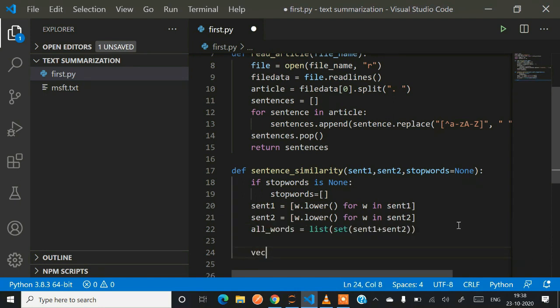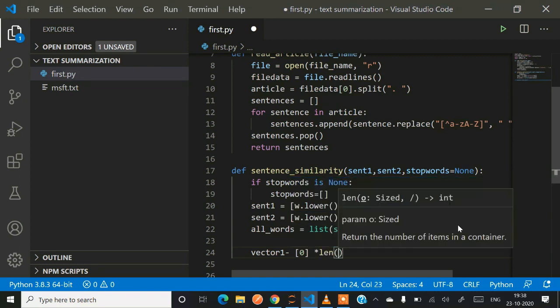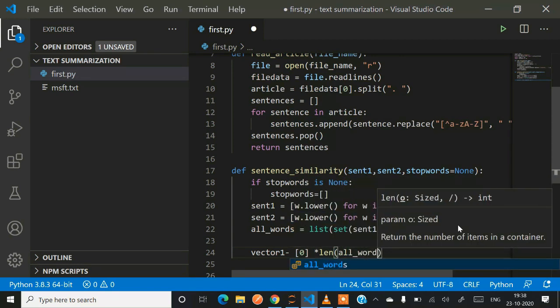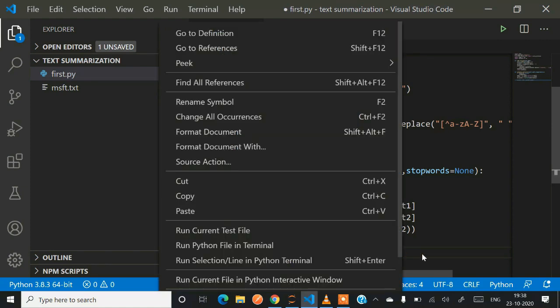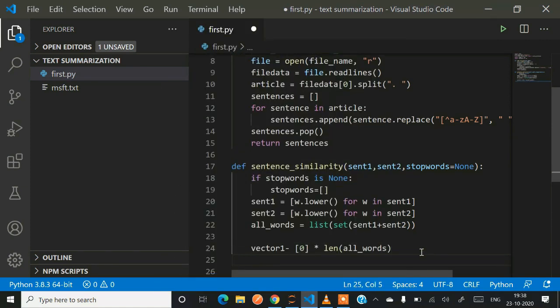Vector 1 will be for sentence 1 and vector 2 for sentence 2. The length is that of all the words, because we have already parsed the unique words of the sentences. On a similar line, we define vector 2. The syntax will be the same. Oh, I mistyped a minus, so just use the equals sign.